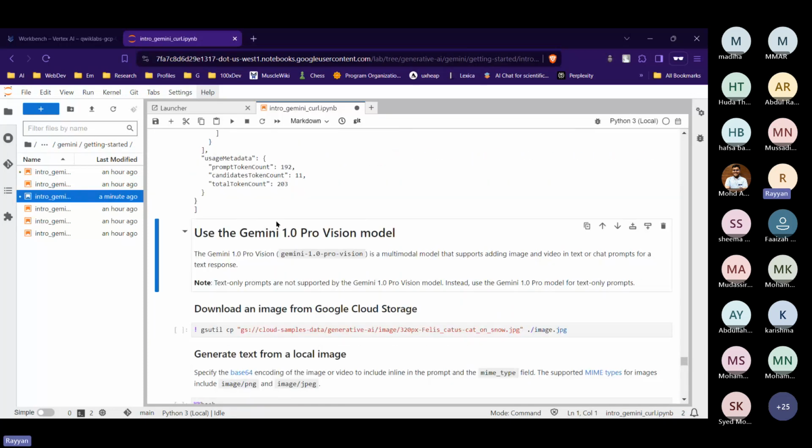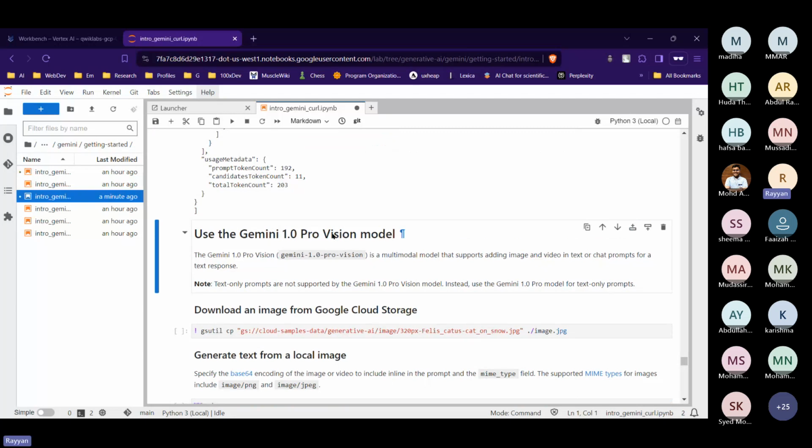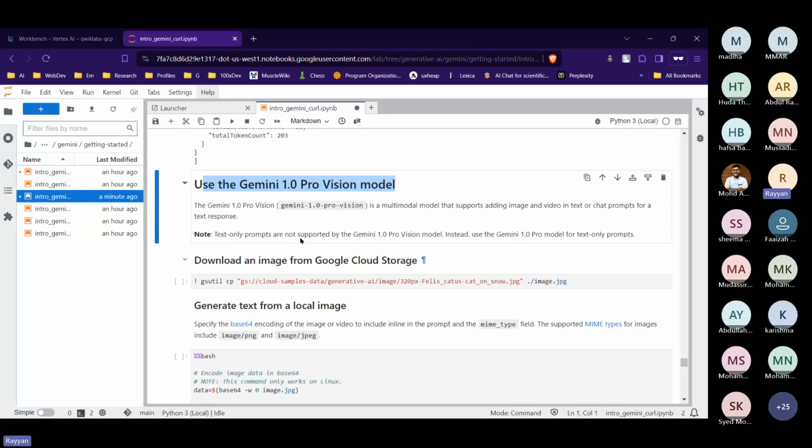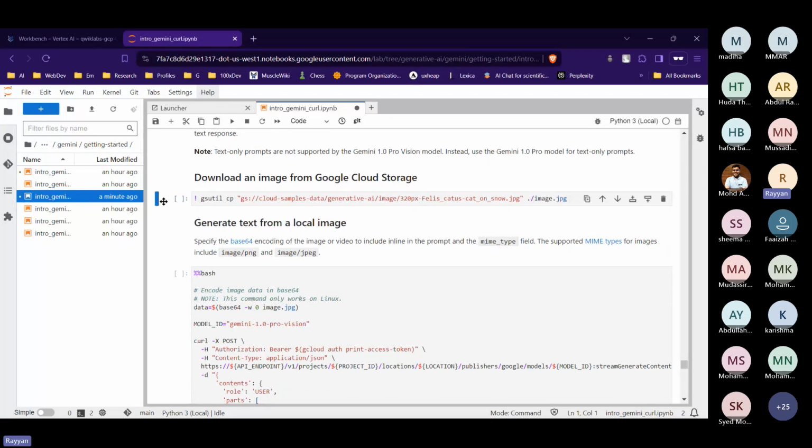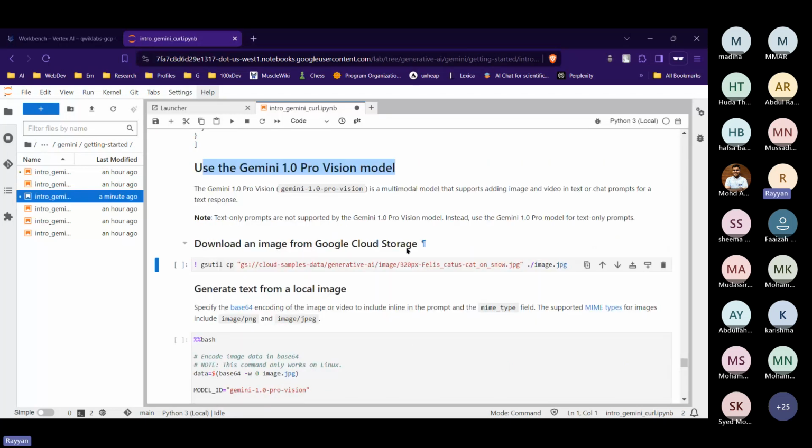Okay, up till now, we only ran the text version of this model. From now on, we'll be looking over how you can make curl commands in this vision model. It says download an image from the Google Cloud storage. So this is a command to download an image from this given path. Now I can go over the details of what this is. Again, see, this gsutil is